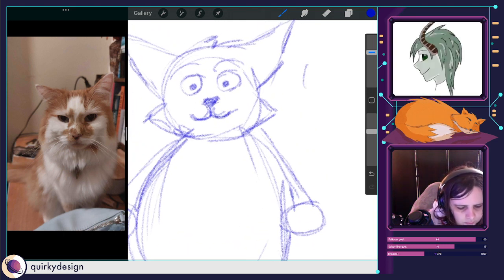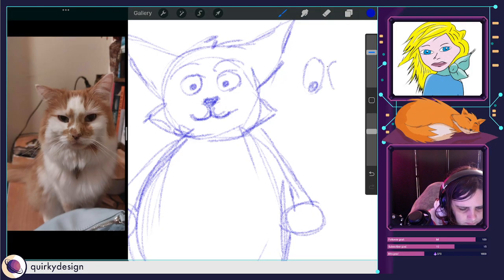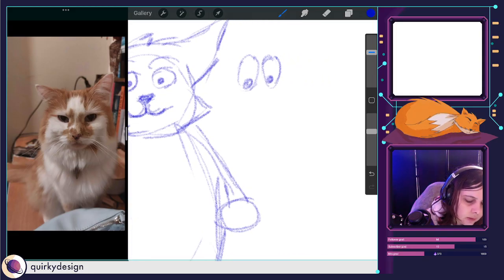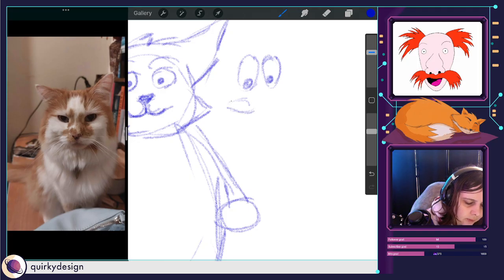So one sort of oval eye like that. And then you've got these kind of eyes, which are their eye shapes.